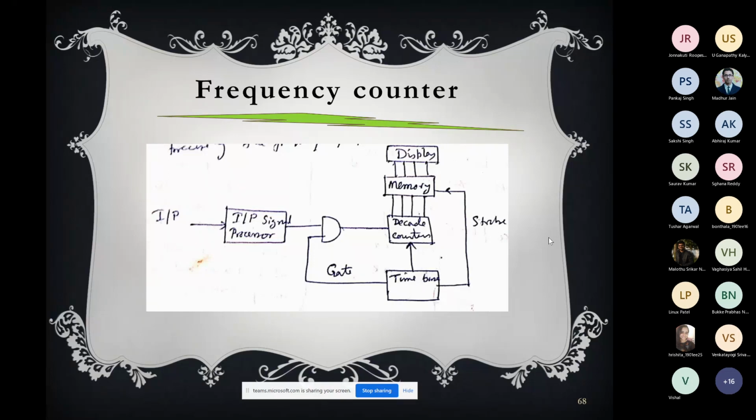You see this input signal processor, and you see there is a gate, and you have a time base. Okay, so the input signal is coming, and with the time base you make an AND gate. So what will happen? Suppose our time base is t plus delta t. Up to the time of delta t, we take the input signal. Whatever input signal comes at the time of delta t, we will then convert